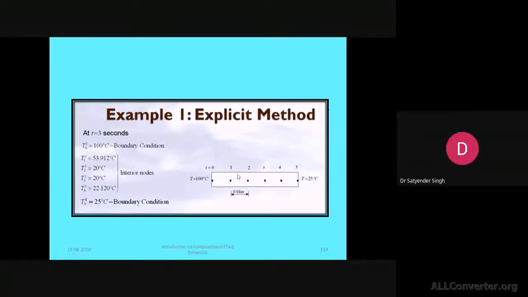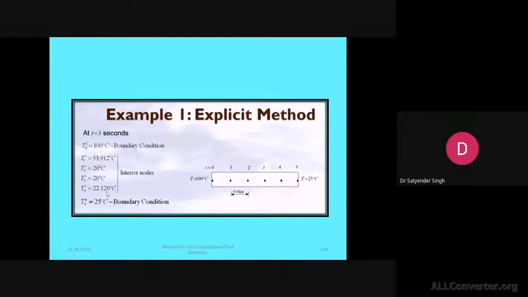which are at 1 and 4, because they both have taken the value from the boundary conditions. Boundary conditions are available at nodes I0 and I5, because to make the value corresponding to 4, it has taken the value of this node, and this node. And this node, it was 25. That's why there's a little bit of increment in the value from 20 degrees Celsius from its initial state. And here you can see there's 53 degrees Celsius now, which replaced its earlier value, which was 20, because this happens because of this 100 degrees Celsius.